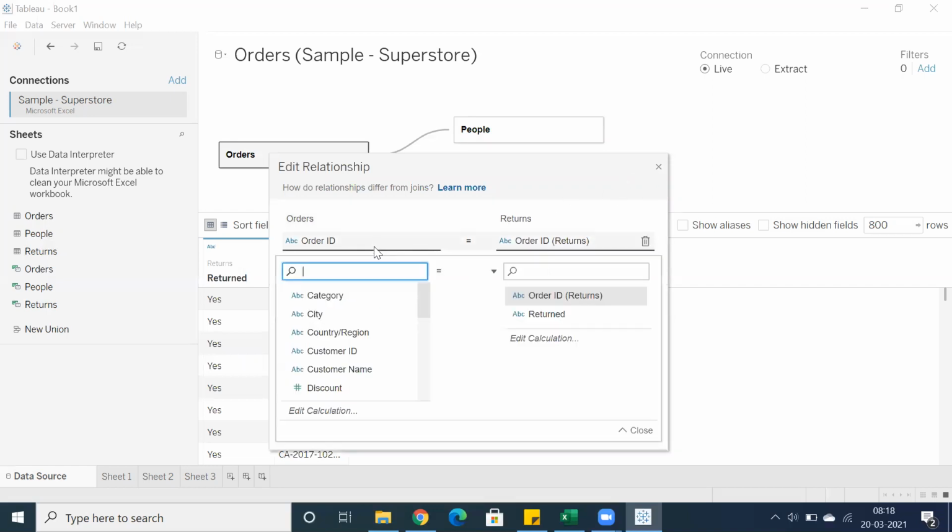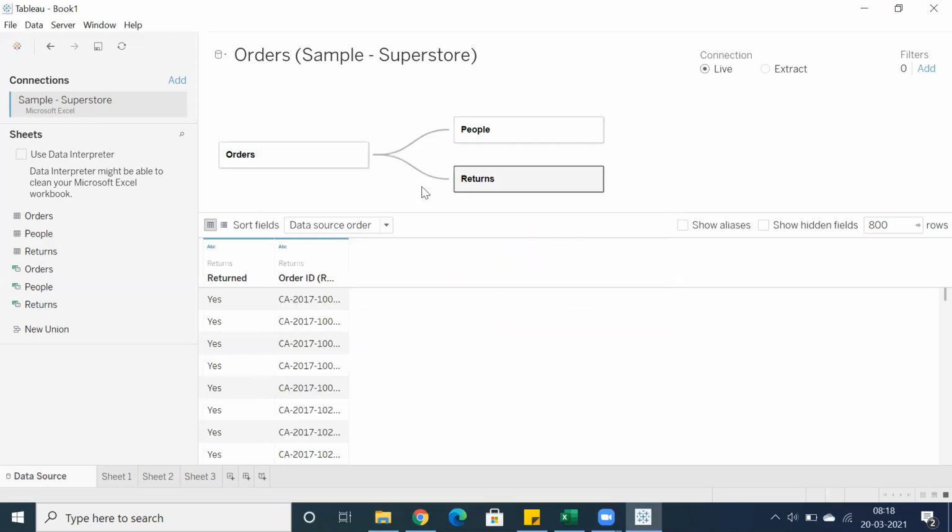And if you don't want to use order ID, and you want to use customer ID, if you have any customer information in the returns table, you can also do that. What I mean to say is you can also change the relationship between the tables by using different common key columns. But you can see this is kind of a star schema.